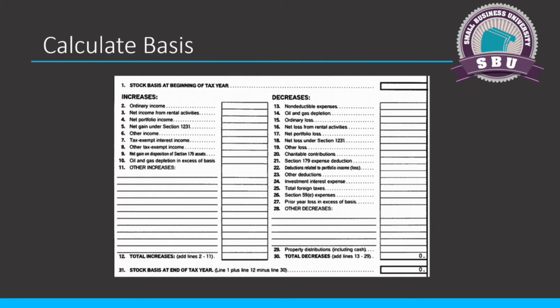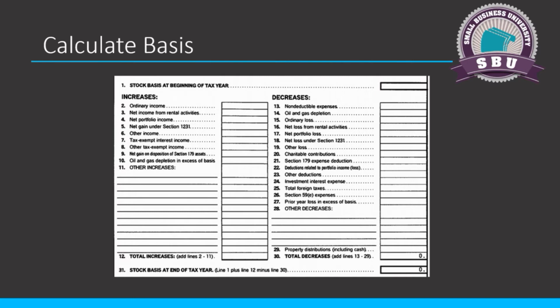When a shareholder contributes money to the company, like let's say the shareholder puts money in, the basis does what? It goes up. When the shareholder withdraws money, the basis goes down. Basis can also be decreased by several different activities, like any penalties that the company has to pay,